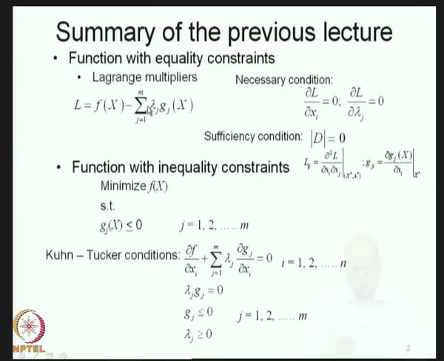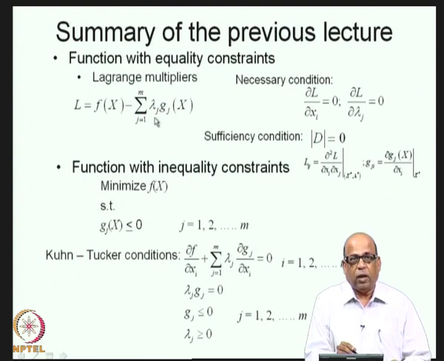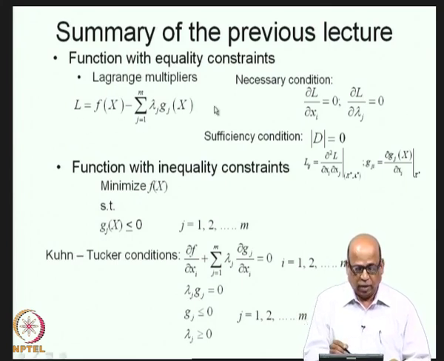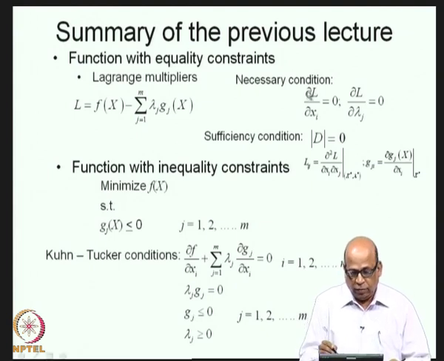In the last lecture, I discussed the Lagrange multiplier method, where we formulate the Lagrange function L is equal to f of x plus summation j equal to 1 to m lambda j g j of x. The lambda j's are the Lagrange multipliers, g j of x are the constraints. So, we stated g j of x equal to 0 as a set of m equality constraints, and we apply the Lagrange multiplier method for optimization of functions subject to equality constraints. The necessary condition for